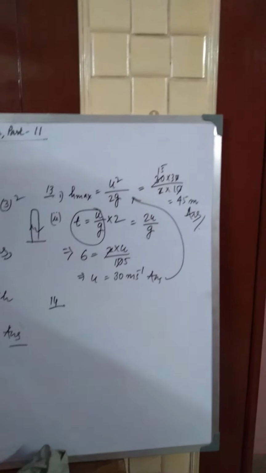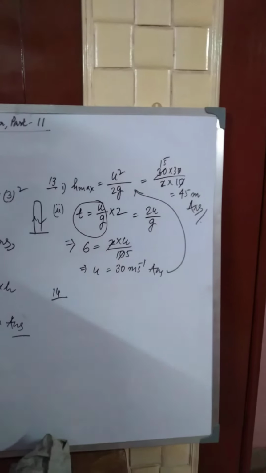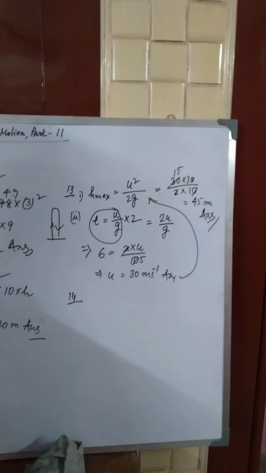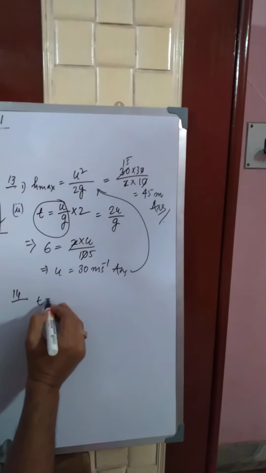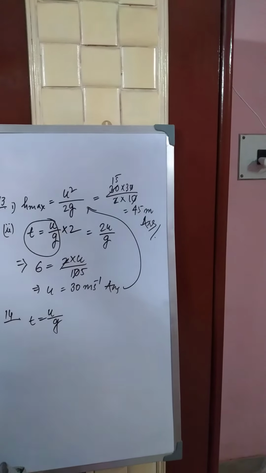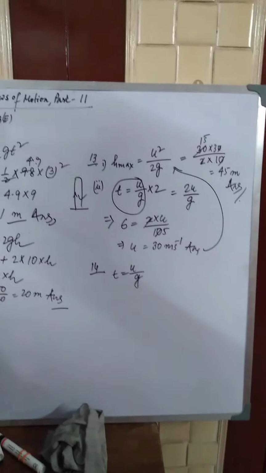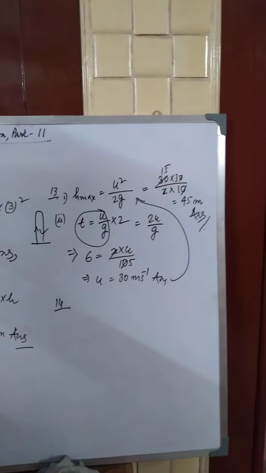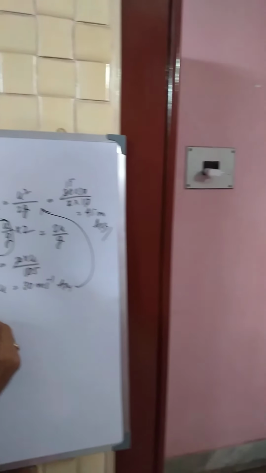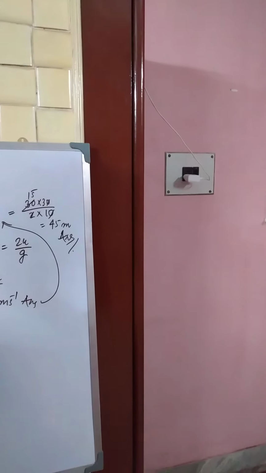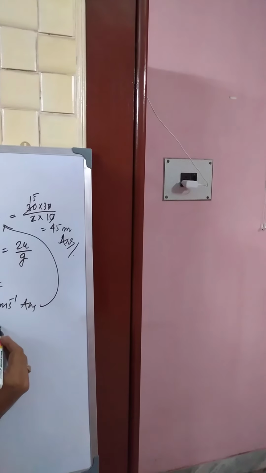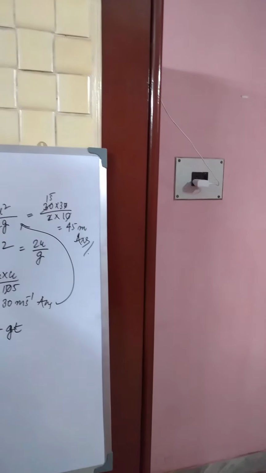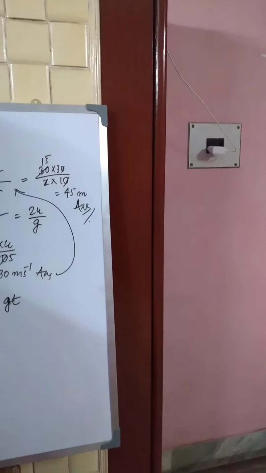Okay. Now come to the last one for today's discussion. Question number 14. A pebble is thrown vertically upwards with a speed of 20 meter per second. How high will it be after 2 seconds? So use this equation, T equal to U by G. Okay, how high? No need to do that one. U is given, T is given. So you use this equation, V is equal to U minus G into T.